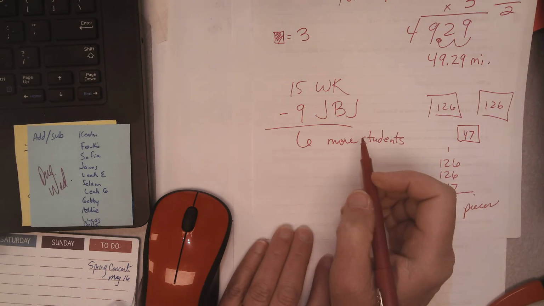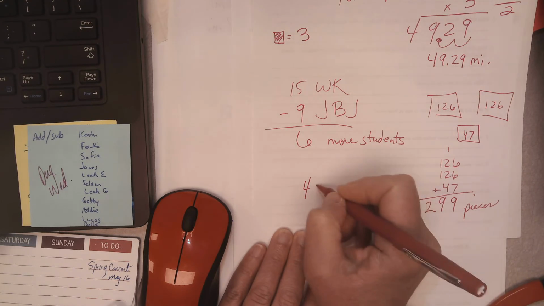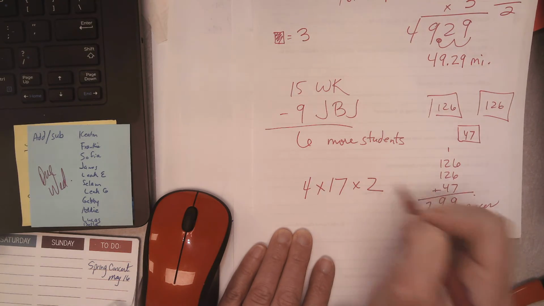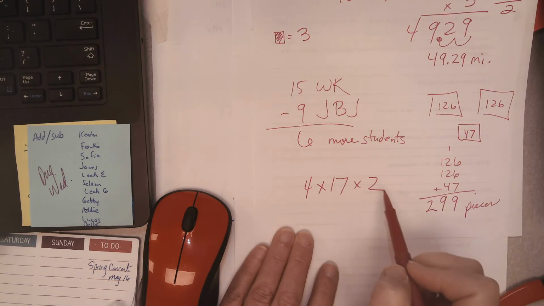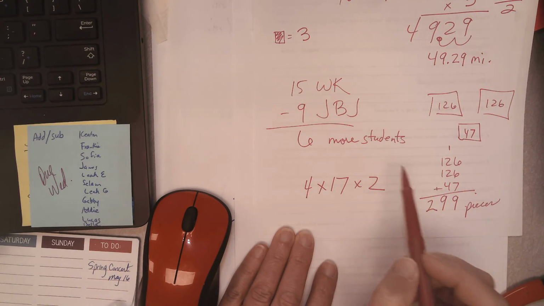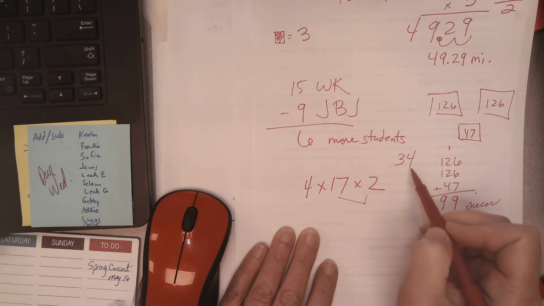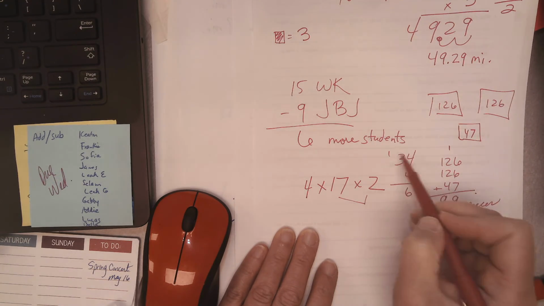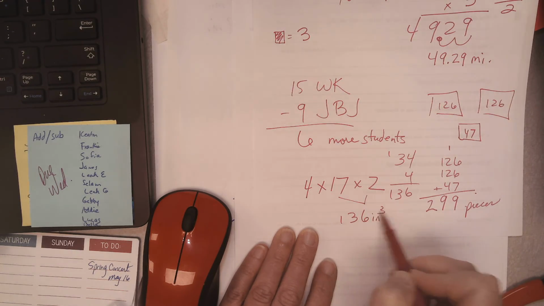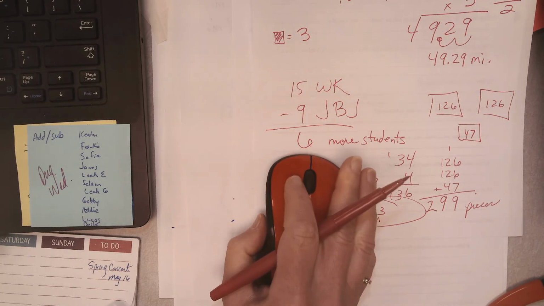Last question. Perimeter area and volume. What is the volume of a rectangular prism that has the height of 4, the length of 17, and a width of 2? Okay, so it doesn't matter, it's multiplication, it doesn't matter which ones I want to group together. So I can say 17 times 2, which is 34, times 4, and I have 136 cubic inches is my answer. And that's all for